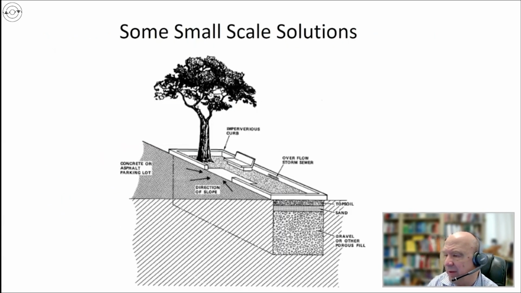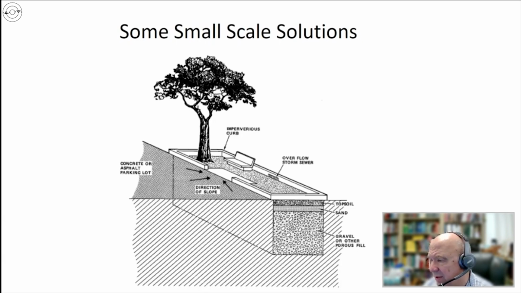So this is something I've been working on for a long, long time. I first published this paper about 1988. I call it the UCLA tree. My motivation for this were the parking lots at LAX, because I would park my car at Lot C at LAX when I traveled. It's a huge parking lot, and what it had was a tree every so often in a concrete box with a drain to the storm system and a sprinkler head.